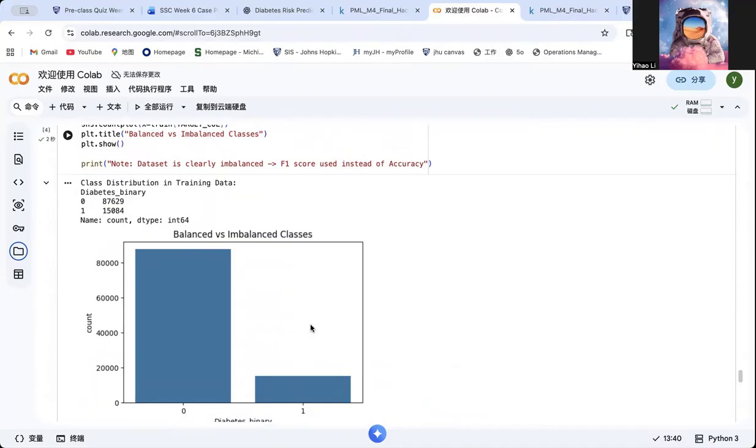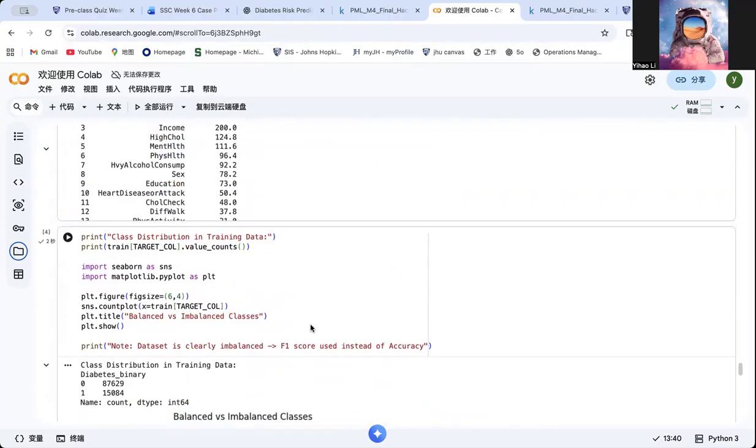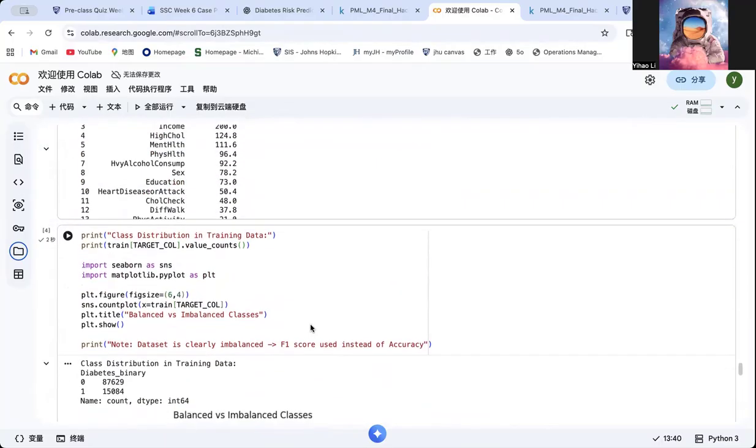Class imbalance versus balanced. Before building our model, we first explored the class distribution. As you can see from the count plot in the notebook, the dataset is clearly imbalanced. The number of individuals without diabetes is significantly higher than those with prediabetes or diabetes. Because of the imbalance, using accuracy as our main evaluation metric would be misleading. For example, a model could achieve high accuracy simply by predicting every individual as